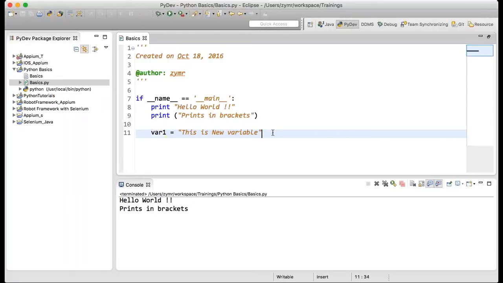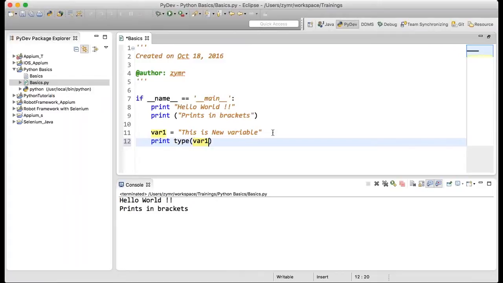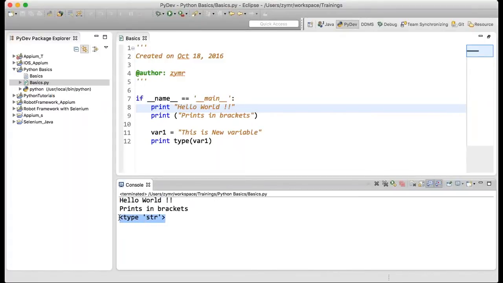If you say print me the type of var1, in Python, if you want to check what kind of variable it has been at runtime, then you can check it this way. So if I try to run this, what I'm expecting is it should print the type of the value. See, so the type is str.